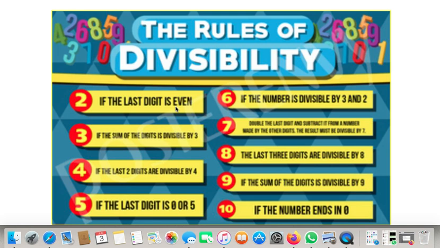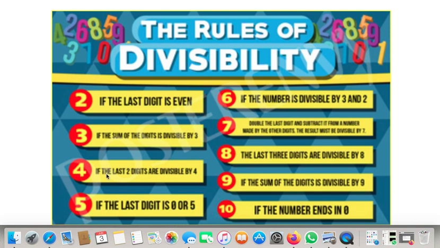Let's start. Second question, first part, if I read it out from your book, it is 67,894. What is the unit place digit? Last digit is 4. Is it even? Yes. The last digit is 4, which is even, so the number is divisible by 2. So easy to write it.